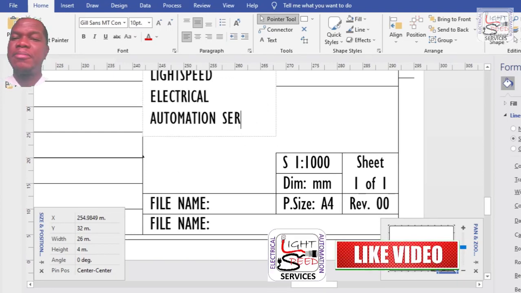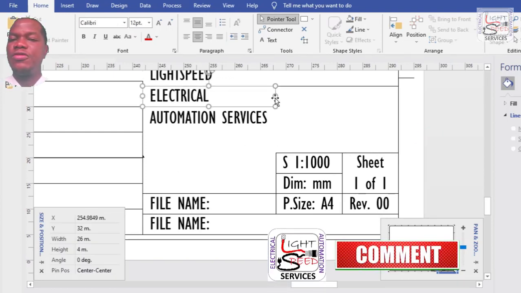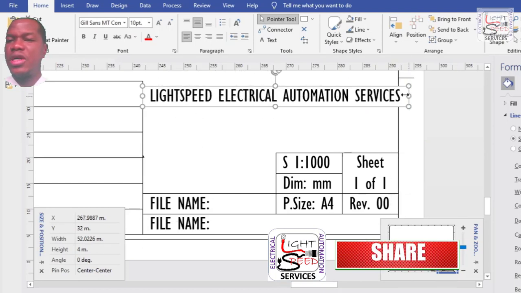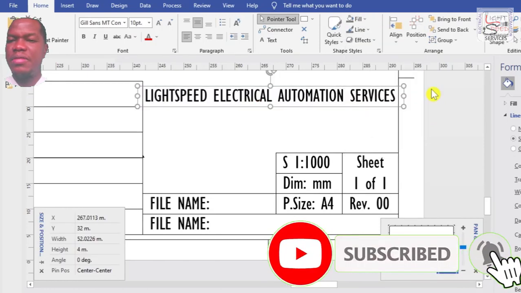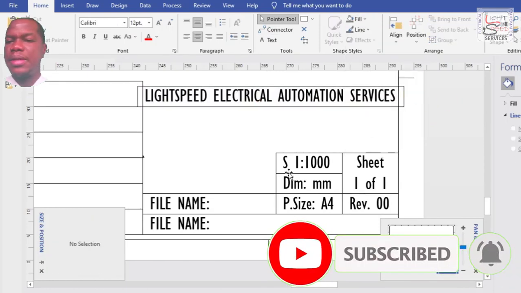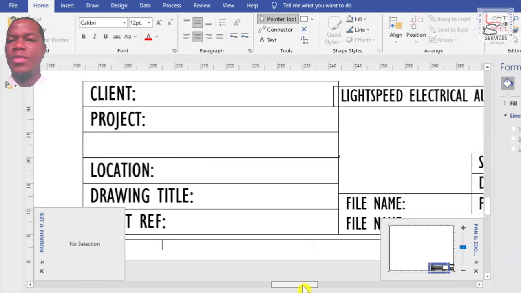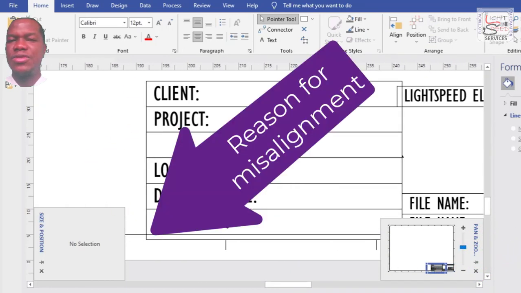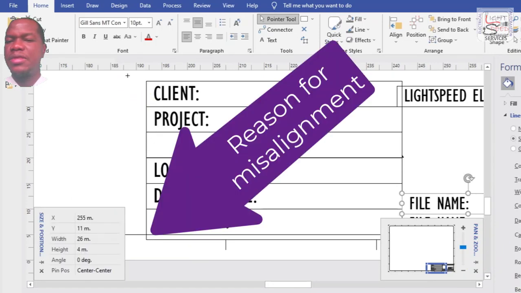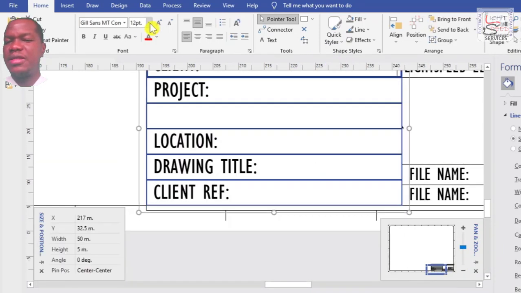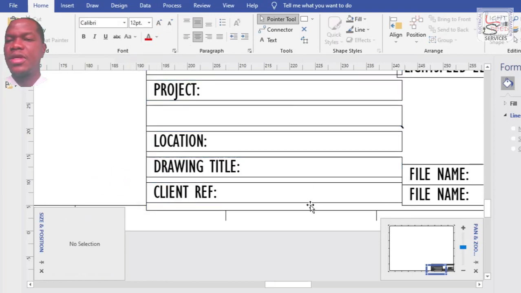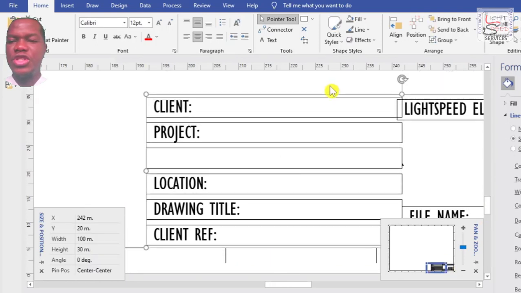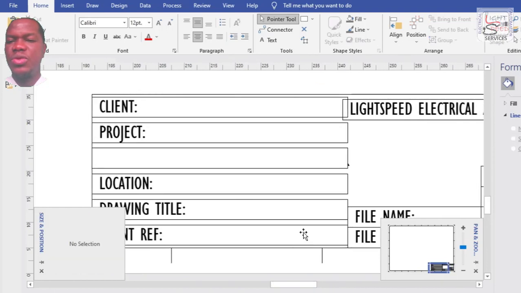Now I put the company name. It needs to fit into that box. Don't worry about the border. So I just made the fill to be empty so that you can see what is in the background. And then I'm going to reduce the size of this to 10 points. It seems that would be fine since it's in bold letters, and this will make it contain more input. I'm going to reposition them to close the spaces between.